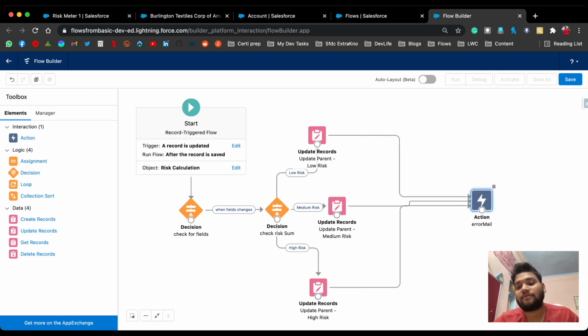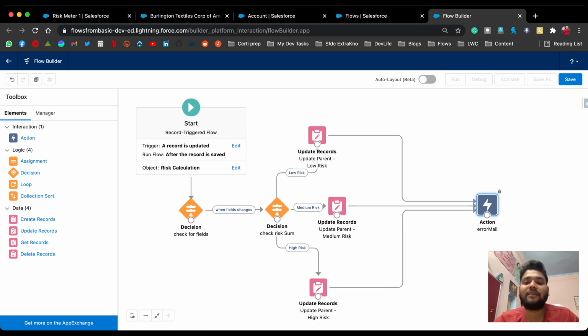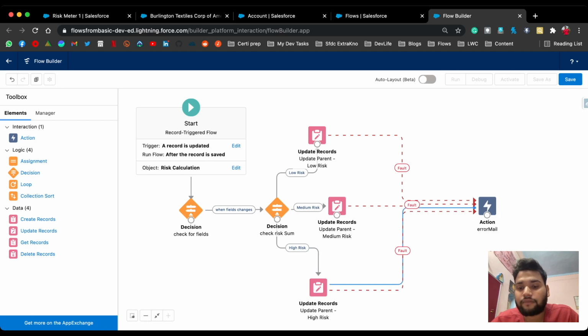Now here is one thing, you will probably see these are the simple connectors. Let's say after updating record it will throw an email, but we want it if there is any fault in our flow. So what you need to do here, select again and connect with the email action. So this time you can see this fault line, simply click on the previous line and click delete. Do the same with these 2 record updates and delete the previous one. Connect again and delete the previous one. So that's how, it's kind of a hack.